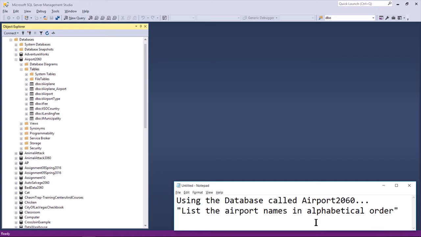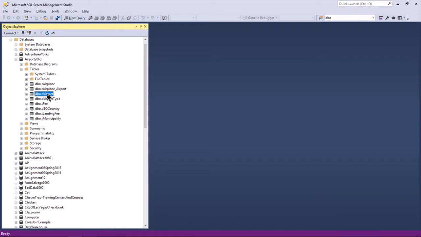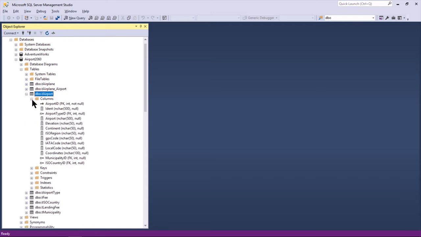Looking at the data request, I see specifically a request for airport names, and I immediately notice that in the table tree there is a table called airport. The first thing I'm going to do is expand the columns in that table to see if there is a column called name. I don't see one, but I do see a column called airport, which is probably a pretty safe bet that that is the name